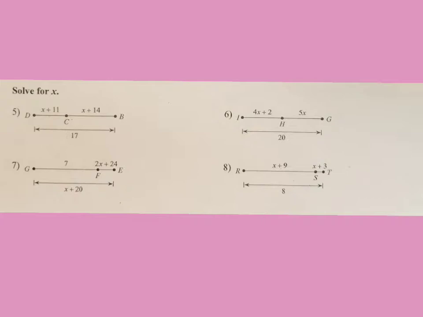All right, 5, 6, 7, 8. That's using the segment addition postulate, which basically says I have this entire chunk right here for 17. The red chunk plus the blue chunk is giving me the black chunk. So the red part, I'm going to put x plus 11, and then in blue I'm going to put plus x plus 14 equals 17. Now I'm going to solve. I put the x's together, and then the numbers, so I get 2x. 11 plus 14 is 25,